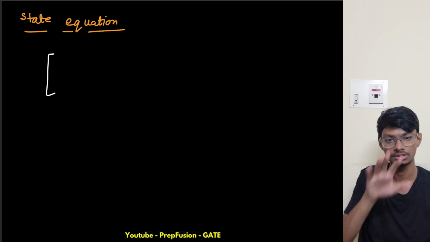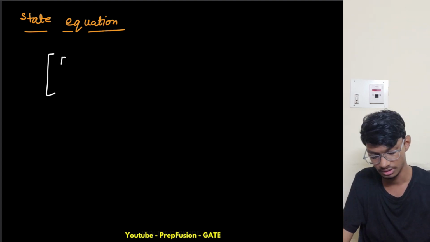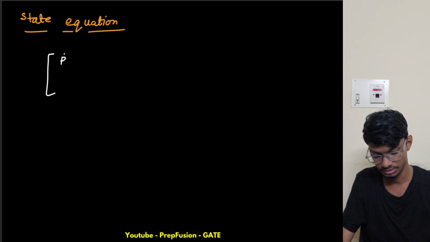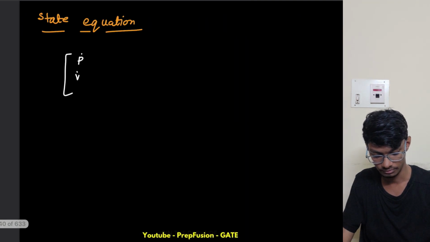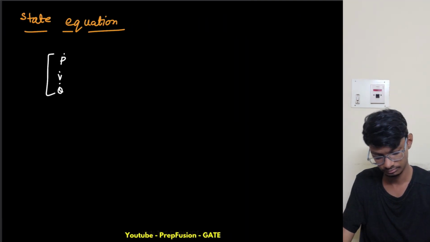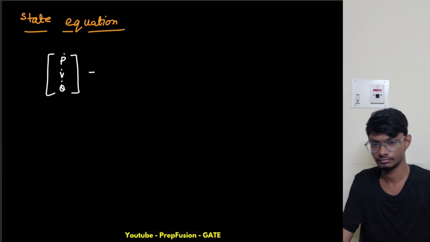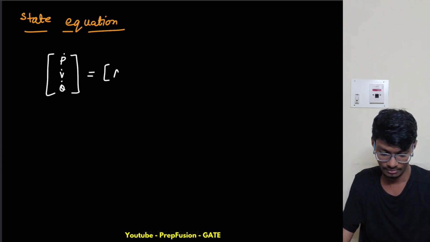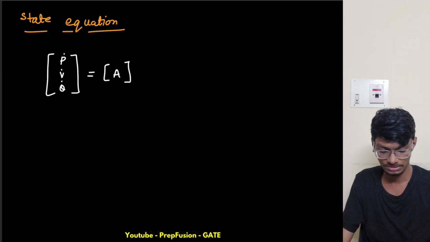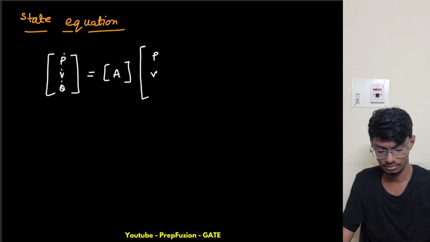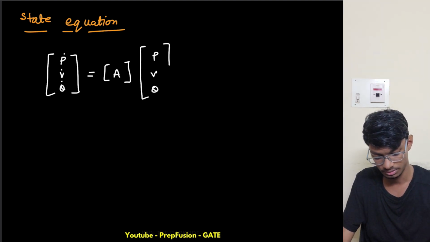I don't know about the system, so I will just write them as A, B and C. So the state equation will be something like this: this will be p dot, this will be v dot, and this will be theta dot, equals A times p, v, theta